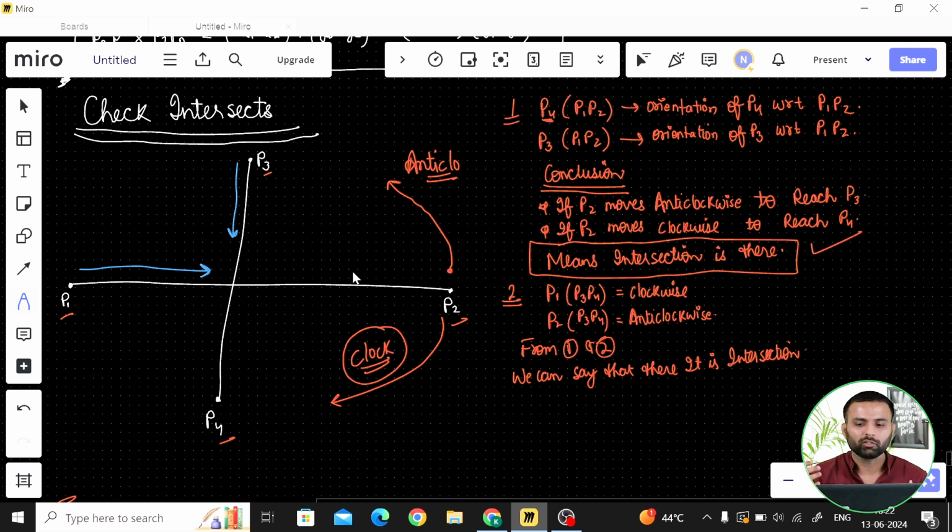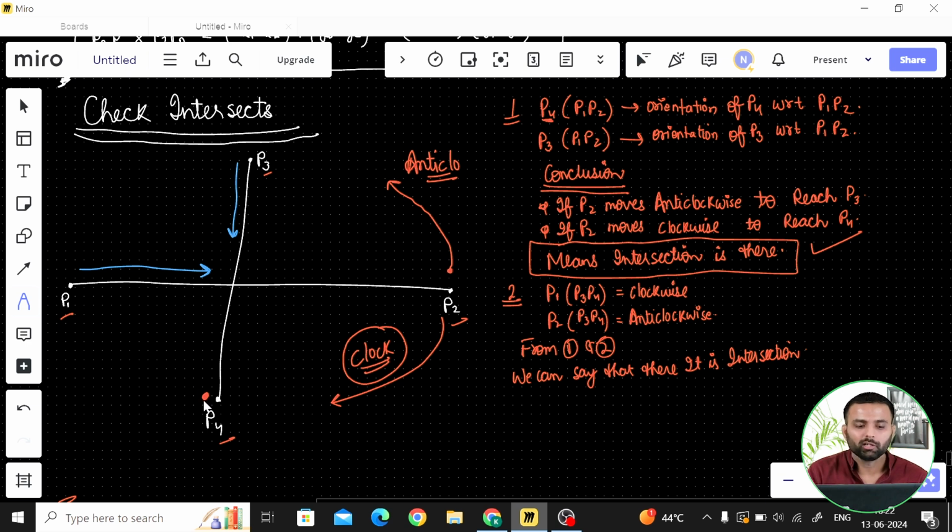You can also do the trial for the vice versa part. So let's suppose this case, right? Your line segment is now this. So it means that I am here right now. Now I have to calculate P1, P3, P2, right? I just have to calculate where P1, P2 lie. Now, for example, I am here at P4.